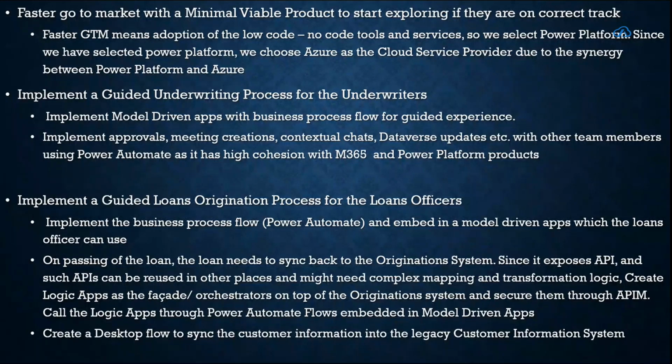So in such cases, and you also need to consider that these APIs might be reused by another website that might come in tomorrow, which might not be part of Power Platform, right? So we can build that website maybe using Sitecore, maybe using React. So in such cases, what you do is orchestrate these APIs using Logic App, either by creating a facade or orchestrators on top of the origination system, and you secure those through API. And then you use a Power Automate flow in the Power Platform model driven app, and you call that Logic App internally through an HTTP connector or custom connector,